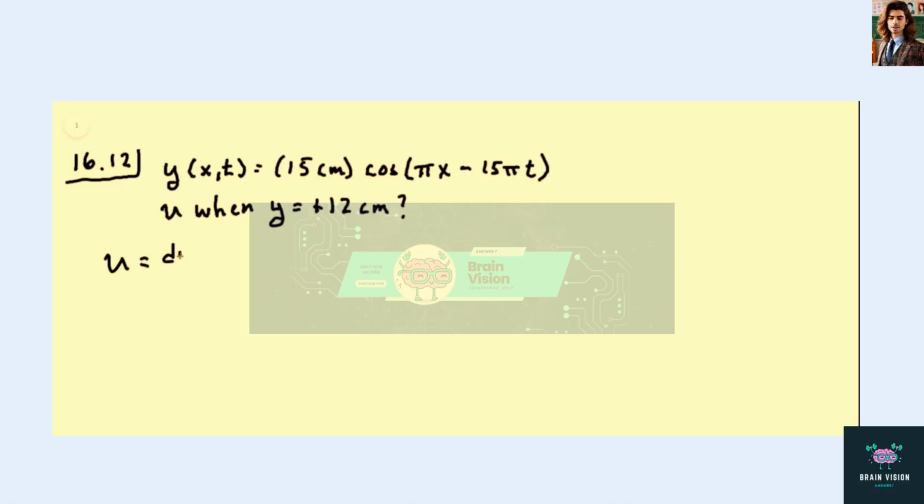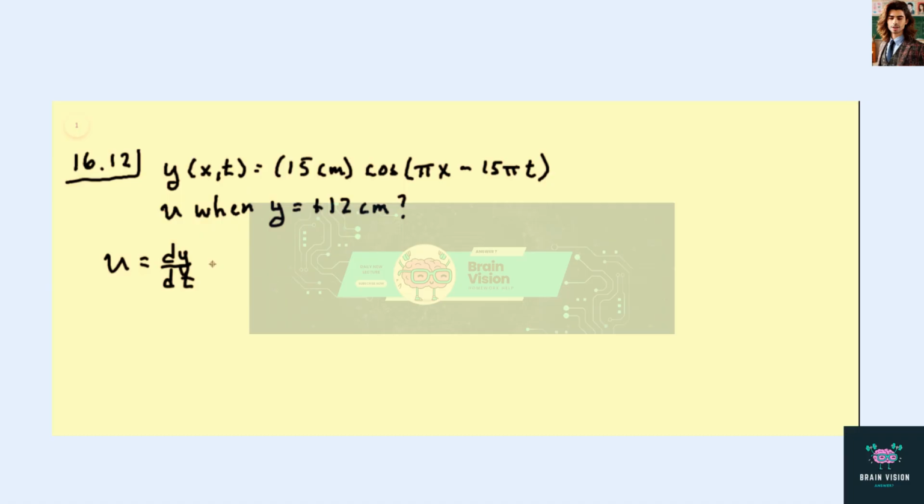And so this is a bit tricky because we have a particular displacement we want, but we have no information about x or t. So we somehow have to get rid of those so that all we're left with is a y, and then we can put in our numbers and get the result we're looking for. But first things first,